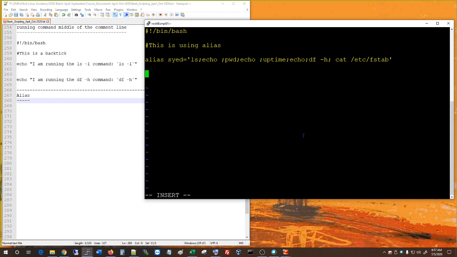Okay, and what you have to do is echo this command is running Sayed. Okay, and then I'm gonna give a backtick. Now you could use, since it has become a command, now I'm gonna give a backtick. Okay, and I'm gonna close this. So I'm gonna save and exit. I'm gonna run this